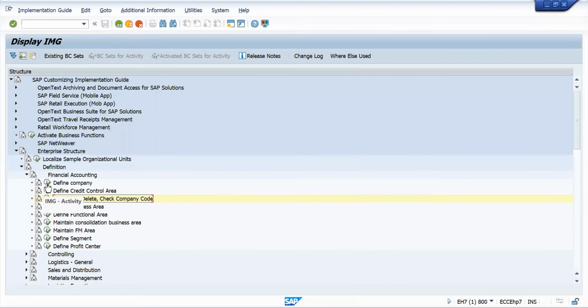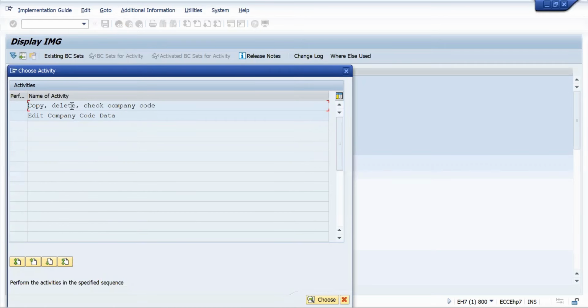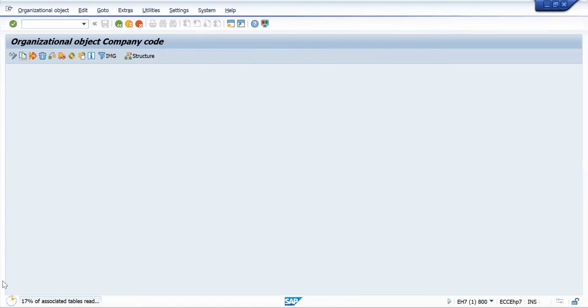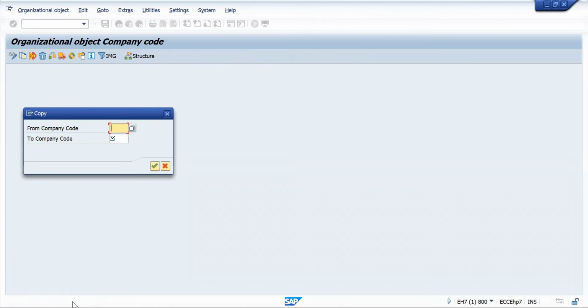देखो पहले तो डिफाइन किया, राइट? उसके बाद थर्ड नंबर है, एडिट कॉपी डिलीट, कॉपी चेक कंपनी कोड। उस पर एग्जीक्यूट करना है। उसके बाद कॉपी डिलीट चेक कंपनी कोड, उस पर डबल क्लिक। ओके। देन यहाँ पे कॉपी और ऑब्जेक्ट आएगा, उस पर क्लिक करना है। यहाँ पे क्रिएट नहीं है। देखो नीचे यहाँ पे 70% टेबल्स शो कर रहा था। ठीक है, आपने नोटिस नहीं किया होगा, फिर से एक बार देख लो।